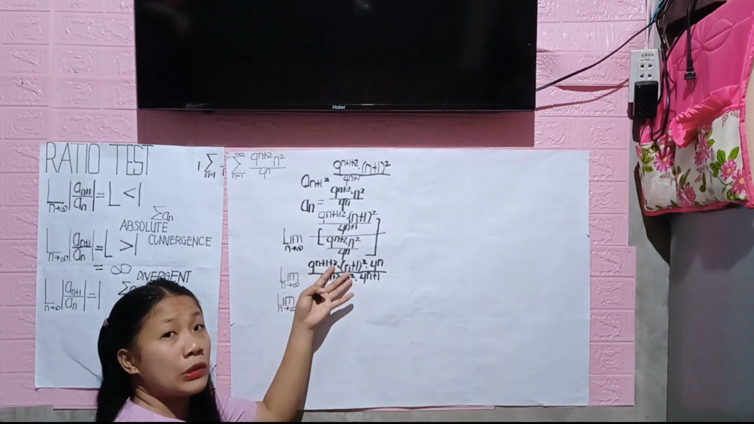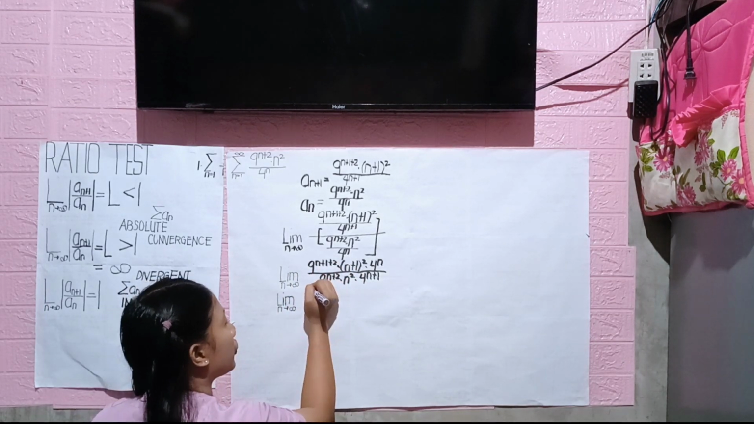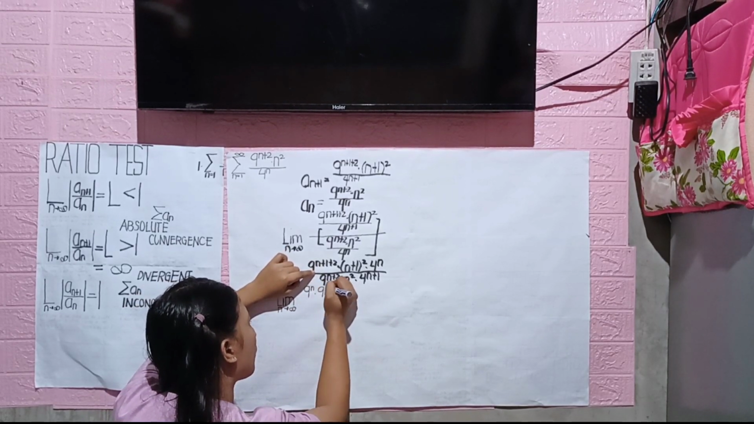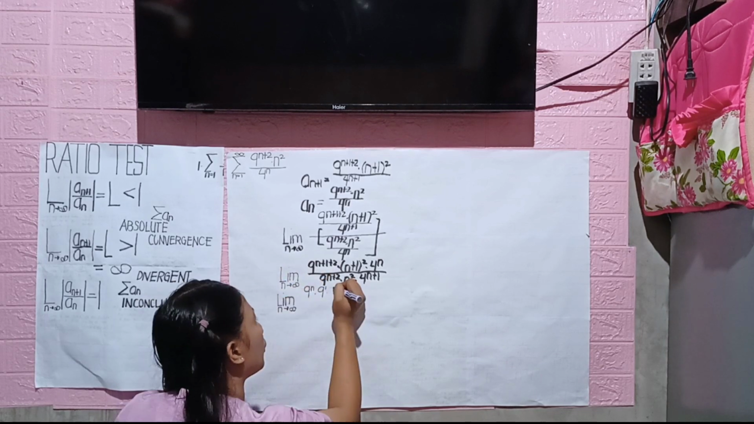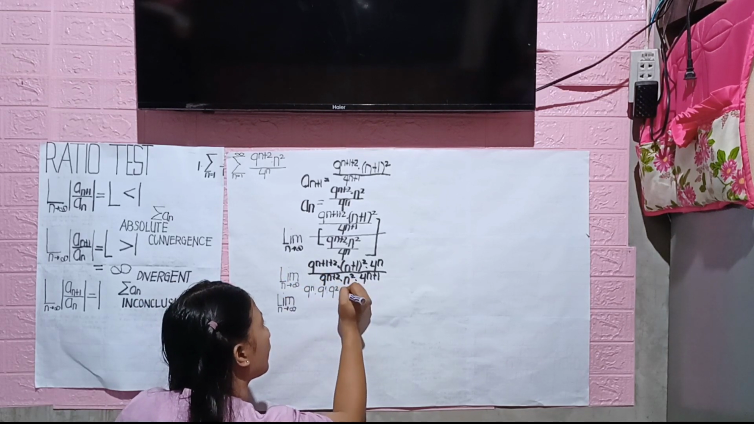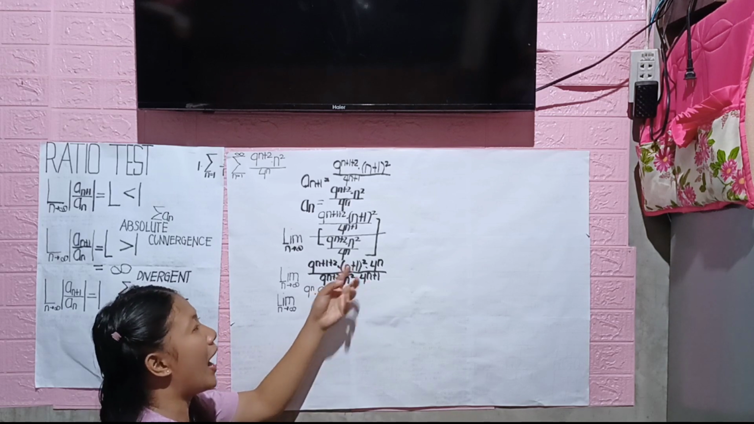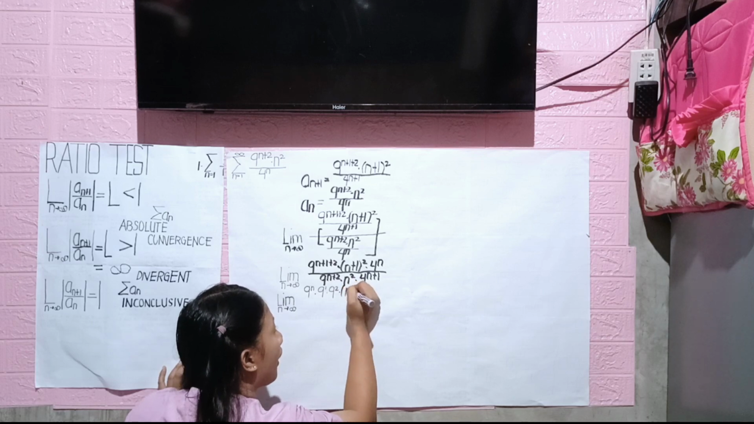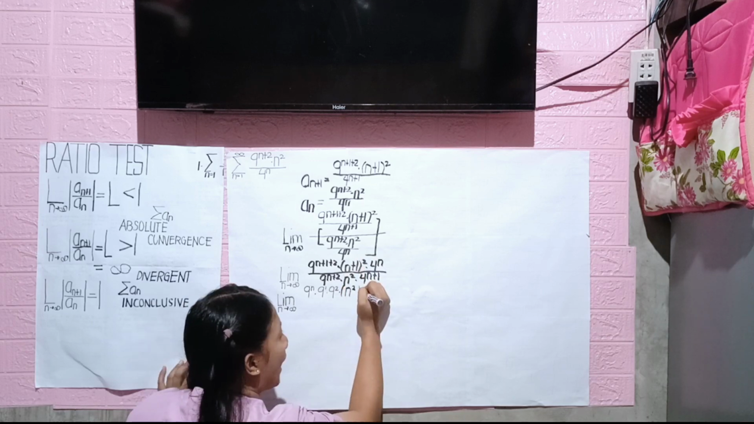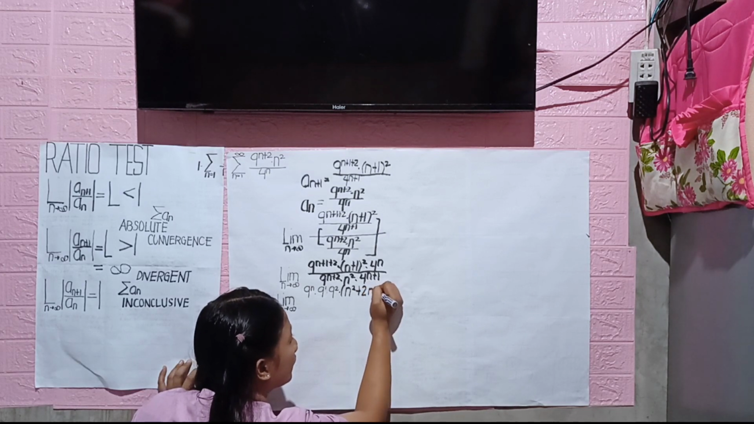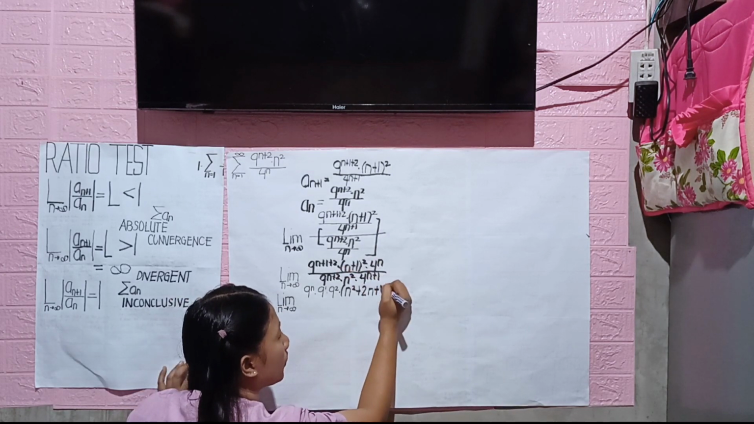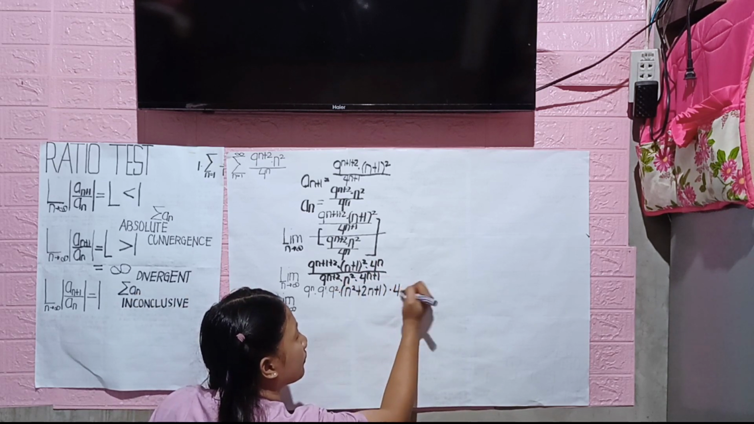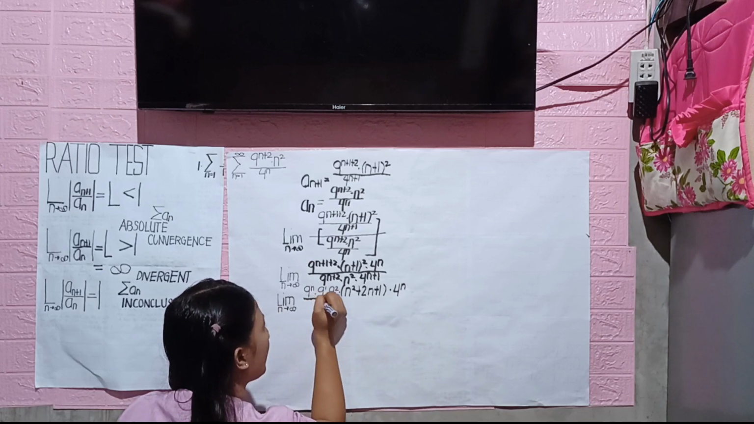So our 9 to the n plus 1 plus 2 here will become 9 to the n times 9 raised to 1, 9 raised to 2. Times, so our quantity n plus 1 squared here will become n squared plus 2n plus 1 times our 4 to the n here. Divided by,